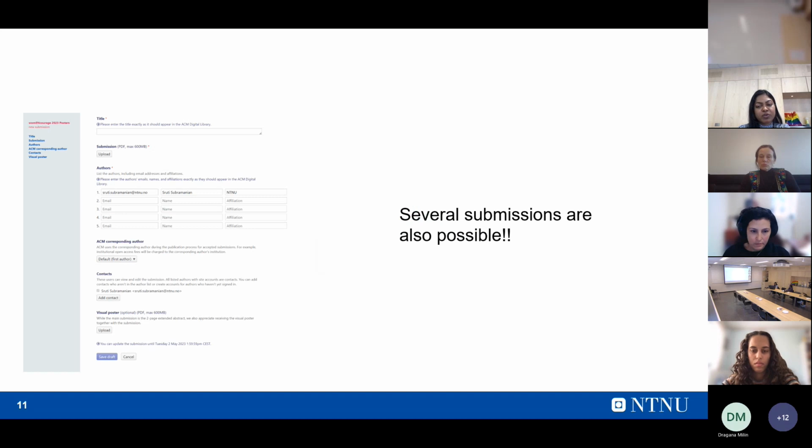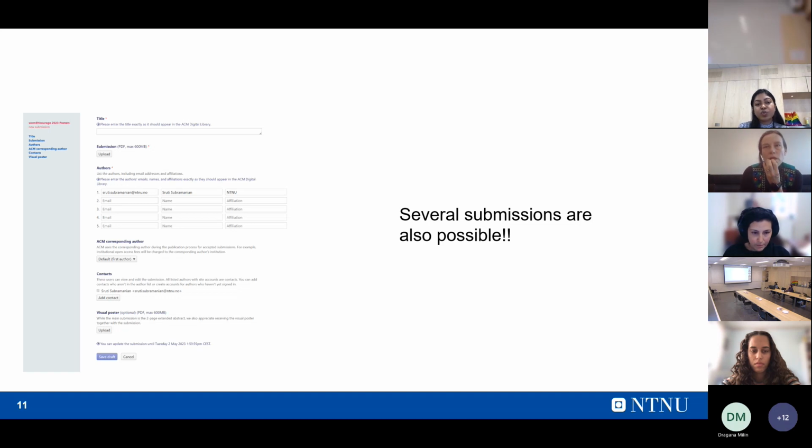On this web page, you'll be required to write in all the details of your submission, such as the title of your abstract and the authors' names, and then you will also be able to attach the abstract. Currently on the HotCRP system, next to the title text field, there's a note that says you have to enter the exact title that you want to be displayed in the ACM digital library, but that was a preset that we were not able to change.